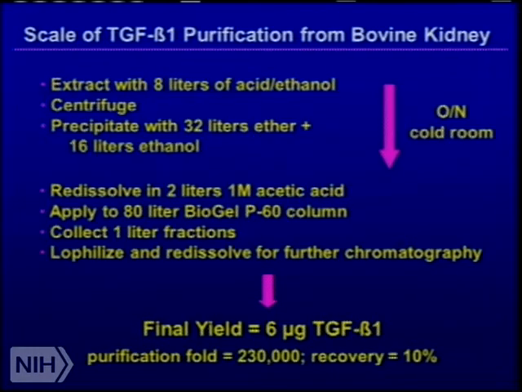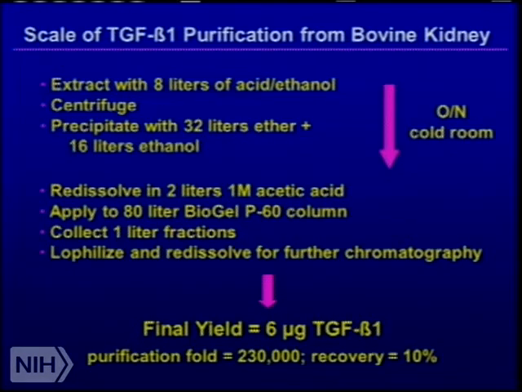Bovine kidneys were typically obtained from the slaughterhouse, and a typical prep was extracted with 8 liters of acid ethanol. Then after extraction, the debris was centrifuged out, and the